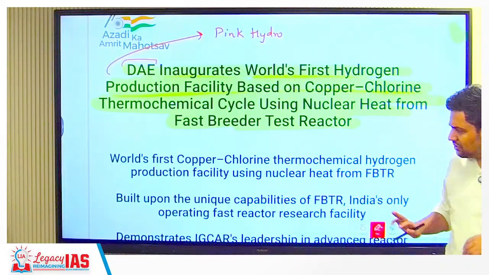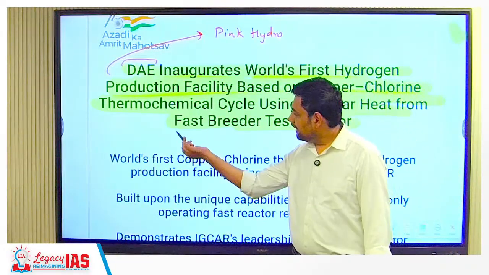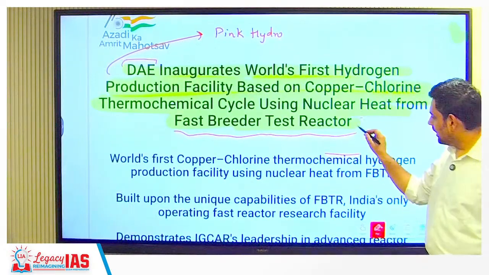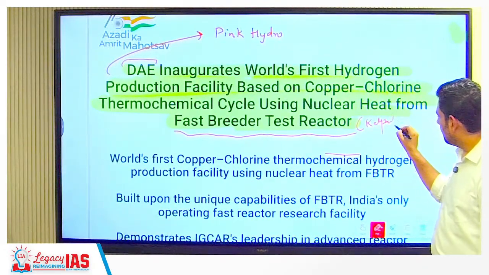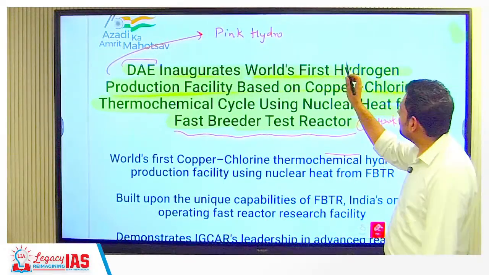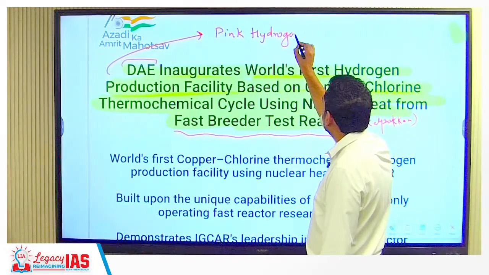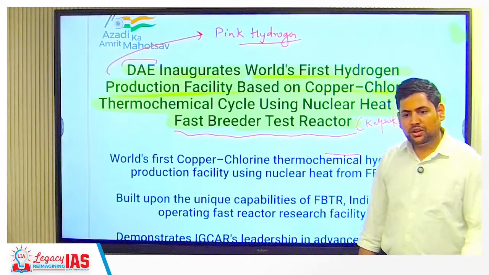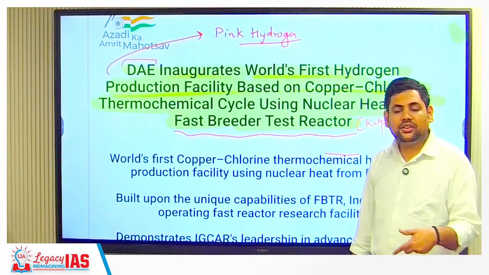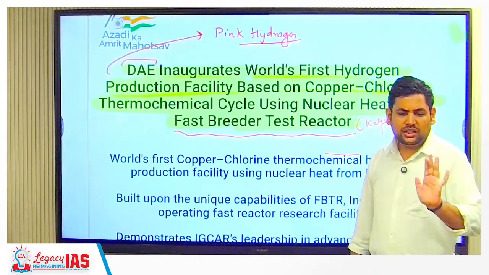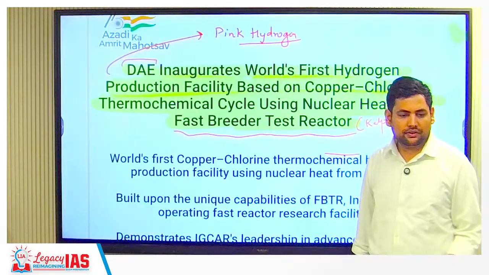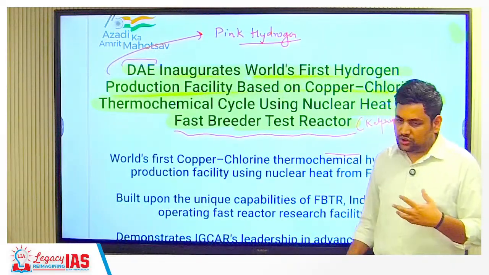Now, here there is no direct use of it, but the thing is that using that energy that is coming from that fast breeder test reactor in Kalpakkam, what they are essentially doing is, see, you know, hydrogen is very important for production of many things, correct? For production of all kinds of fertilizers, even in steel plants, okay, all these places, hydrogen is very important. It is one of the fuels with very high calorific value also. Now, so you want to produce hydrogen.